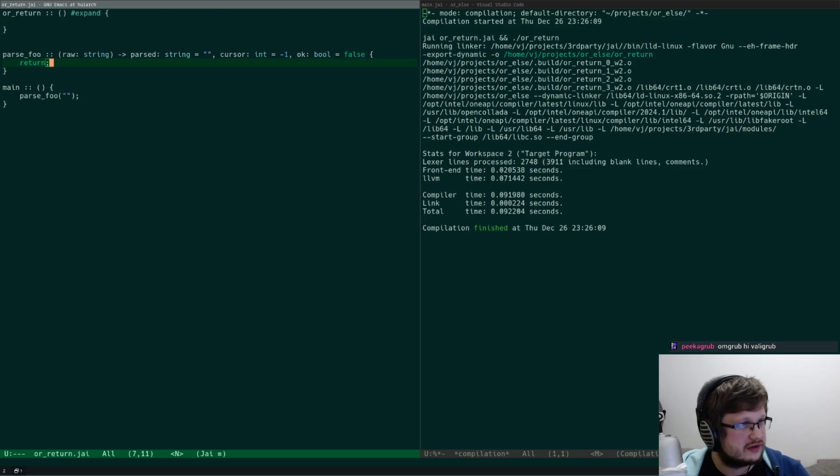But yeah, I want to automate this kind of return depending on the intermediate values, right? So what I want to do is something here, right?